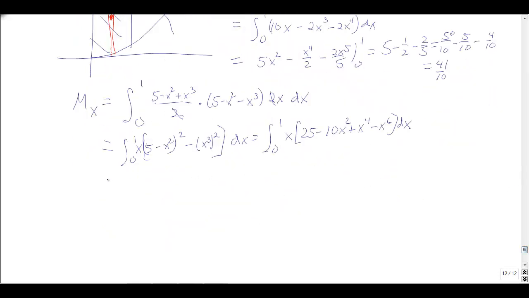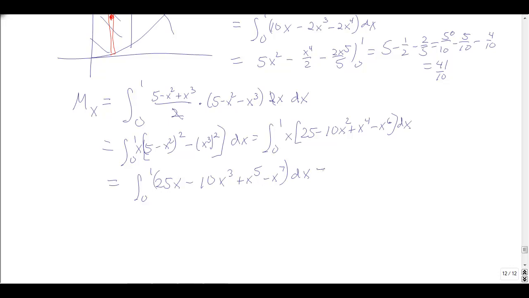And so what we'll get is an integral from 0 to 1. We have to distribute the x. We get 25x minus 10/3 x cubed. Or sorry, not 10/3 x cubed, I'm trying to integrate already. Minus 10x cubed plus x to the 5th minus x to the 7th